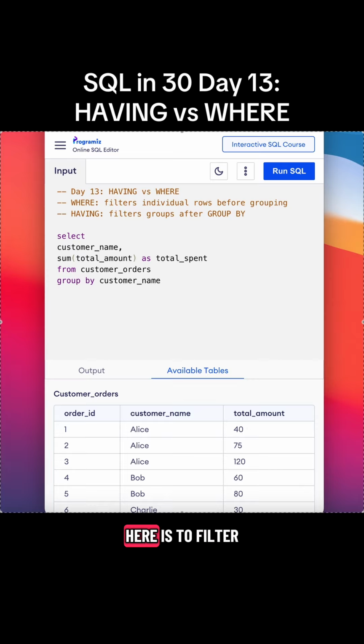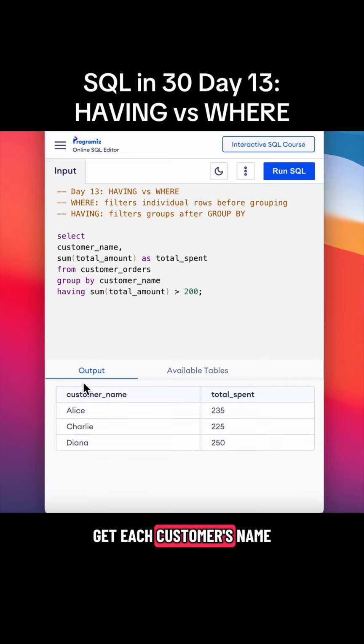The last step here is to filter to only see customers who spent more than $200 total. So I've already grouped my data by customer name, so I'm not just filtering individual rows, I'm filtering groups. So that means that I need to use having to filter my data. So I'll say having the sum of the total amount greater than 200. And when I run this, I get each customer's name who spent more than $200 in total and their total